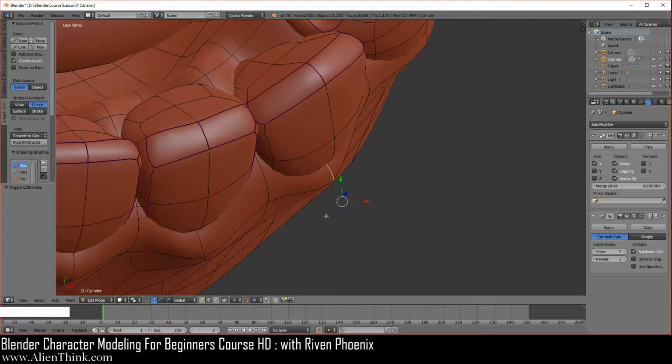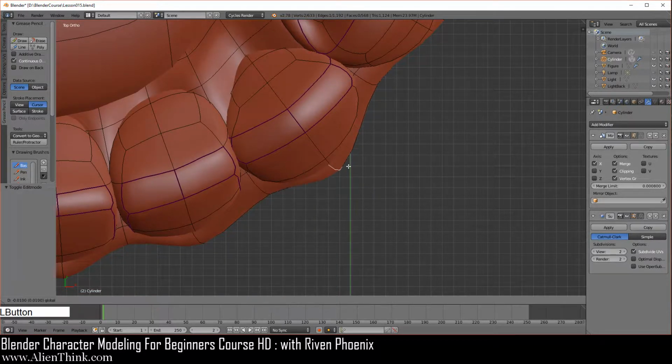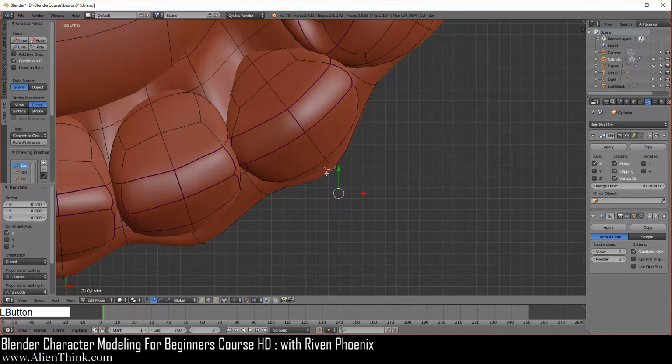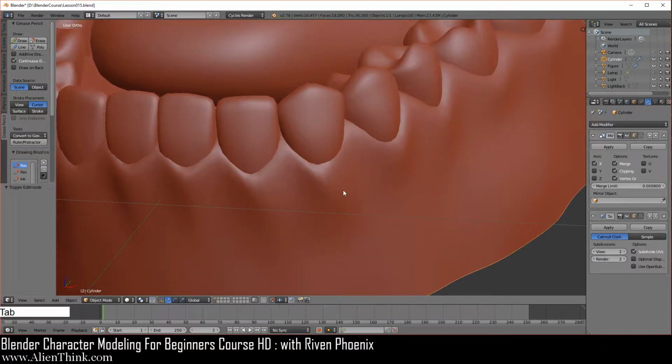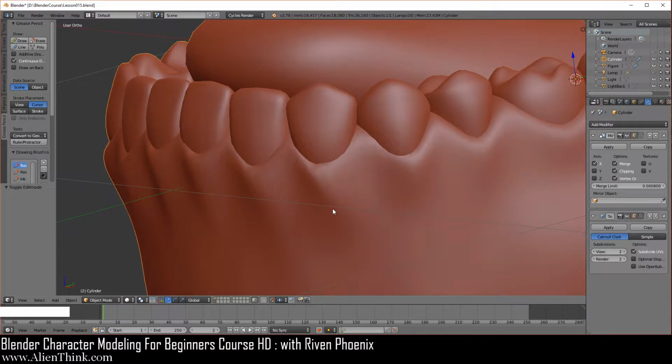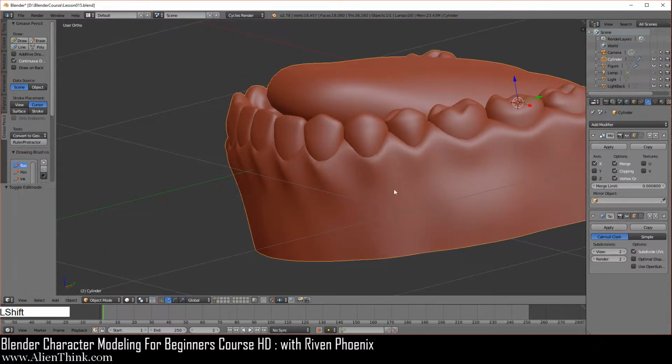So one thing we can do is just press the 7 key and just bring it out a little bit and maybe to the left, and then bring it out again. Okay, and then do tab to see how this is looking, and this looks correct to me over here.